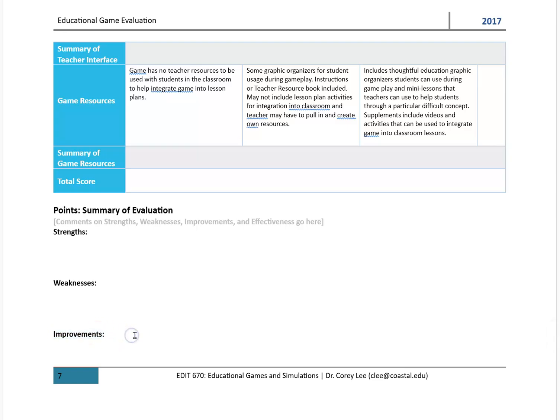Improvements, you may find that you want to improve more things, or you may find more strengths through your app game. Think about how the differences are for the web-based and the